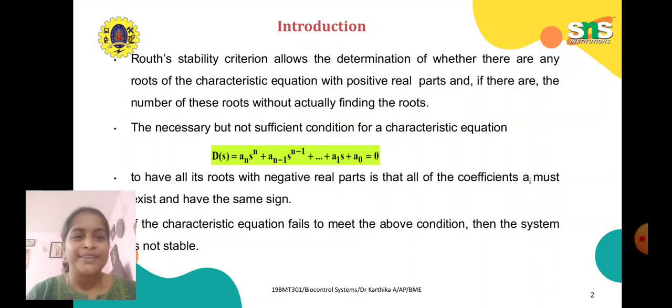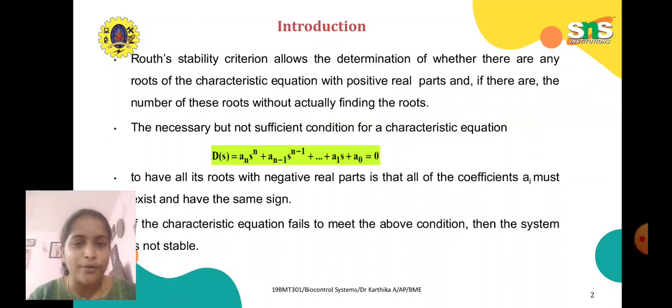See here, the Routh stability criterion allows the determination of whether there are any roots of the characteristic equation with positive real parts, and if there are, the number of those roots, without actually finding the roots. The necessary but not sufficient condition for a characteristic equation D(s) = an s^n + an-1 s^(n-1) + etc. + a1 s + a0 = 0